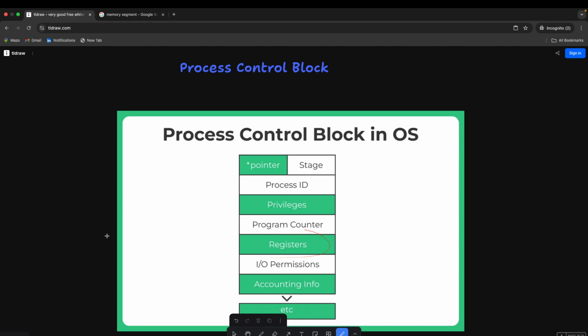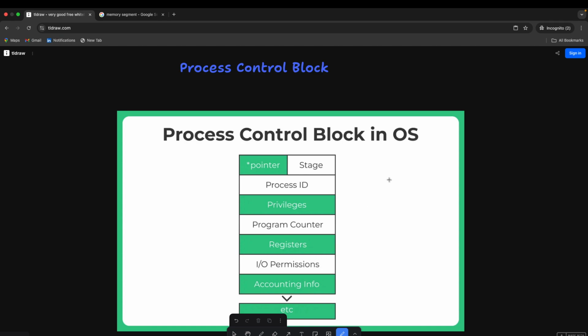Now registers. These are the physical registers. On the CPU, this is where we physically store the values.